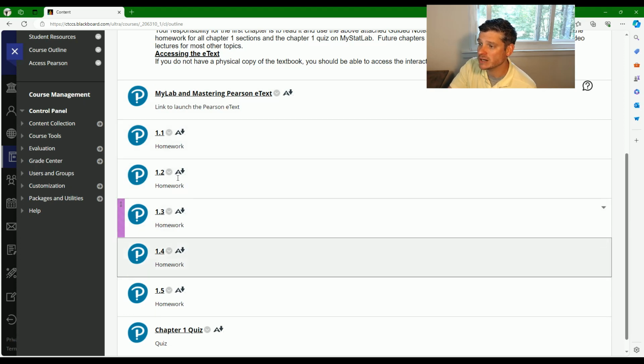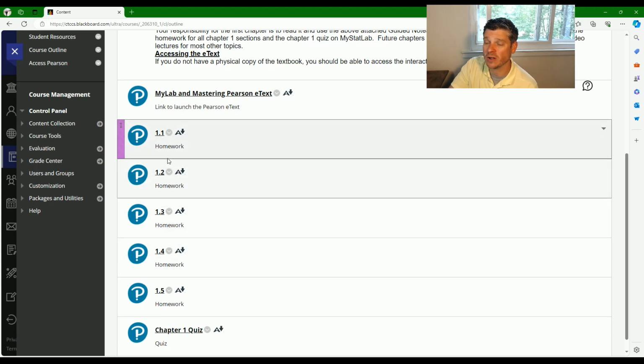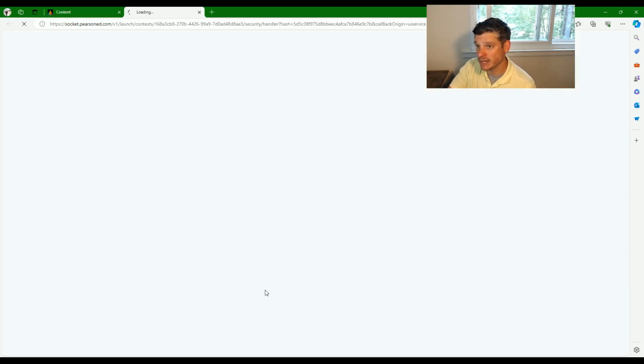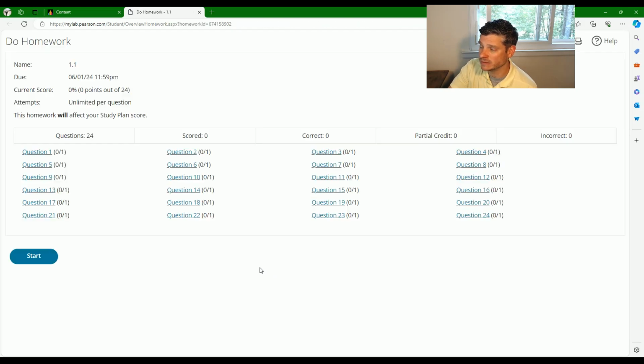Each of your homeworks here, again, will have that P. You need to complete all these assignments through the course of the semester. Again, you'll click the assignment, then you've got to click again to open in Pearson, which is very annoying. Now, section 1.1 is probably the longest section because statistics is a science class. It's more than a math class. It is science. It is the science of how we represent data. And the first thing in a science class is to make sure we're all talking about the same thing, which means there's a lot of vocabulary in the beginning. So you'll need to read that first chapter, take notes on all the vocabulary words,